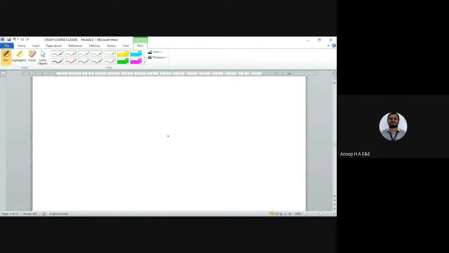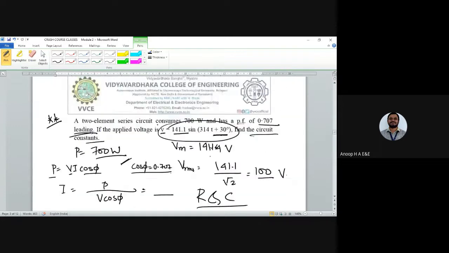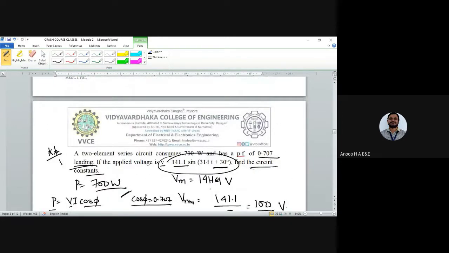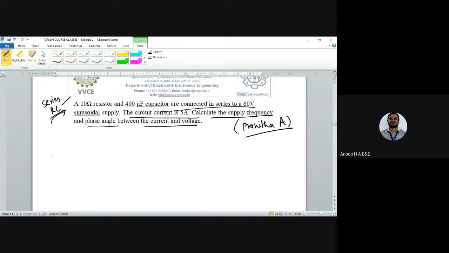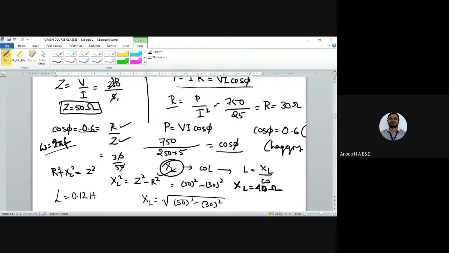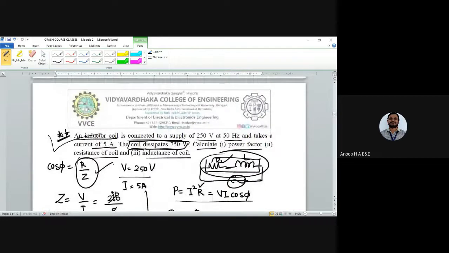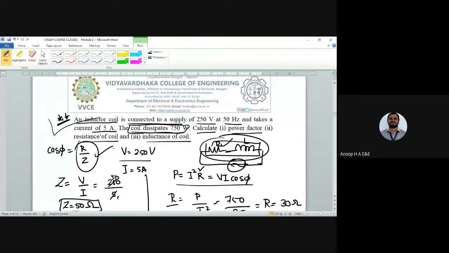Okay, so we covered the series RL and series RC circuits. Those are the two things you need to keep in mind. Either of them will be compulsorily asked, and you can find the series RL and RC circuit power dissipation. One important thing is this problem here. You might expect these types of problems, and the next one, these problems. Yes, this one. You might get such problems from the examination point of view.